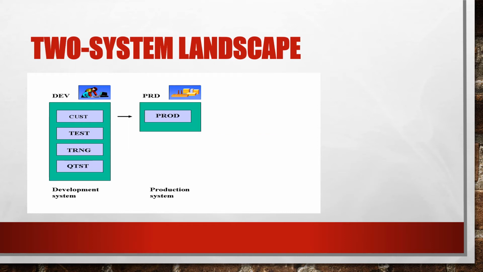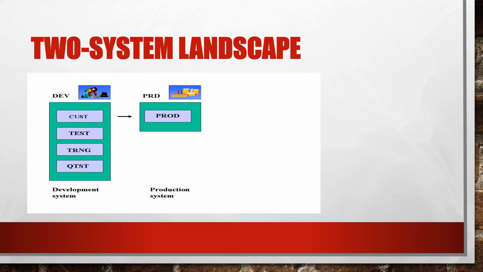Now, a two-system landscape. A two-system landscape is an alternative for smaller implementations where little workbench development takes place. Two-system landscapes do not include a separate quality assurance system. The quality assurance client is also in the development system. As in the three system landscape, the production client is completely separated from other clients. Here also in the two system landscape, the development and quality changes are done in a single system, and the production system is kept as the final business system.